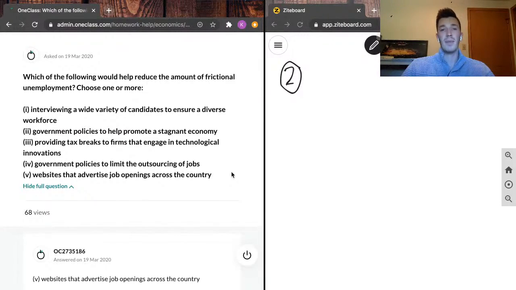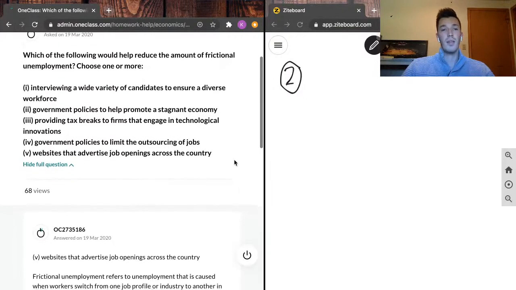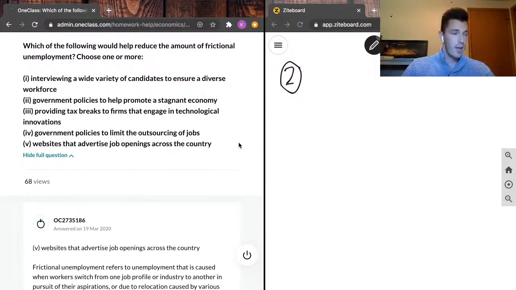3, providing tax breaks to firms that engage in technological innovations. 4, government policies to limit the outsourcing of jobs. And 5, websites that advertise job openings across the country. And our junior tutor here has written that the answer is 5, websites that advertise job openings across the country,